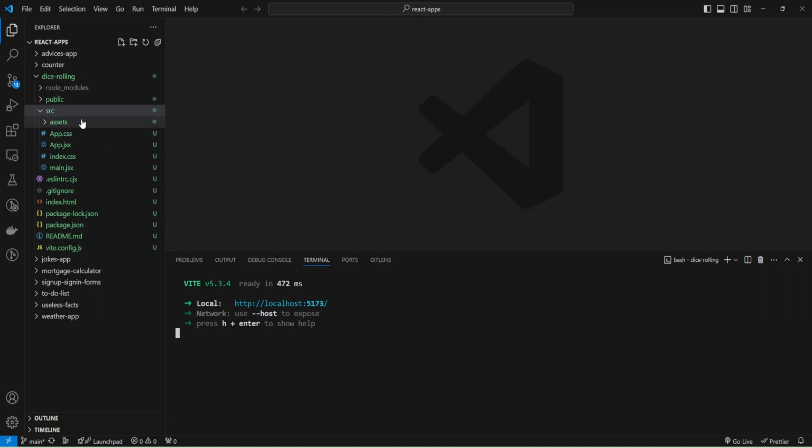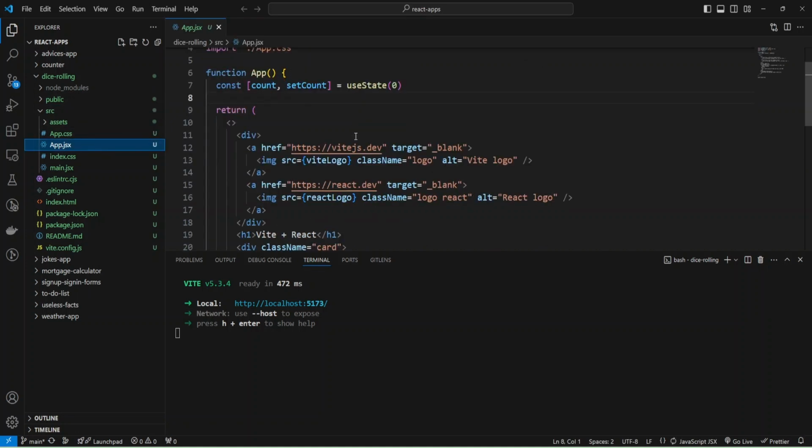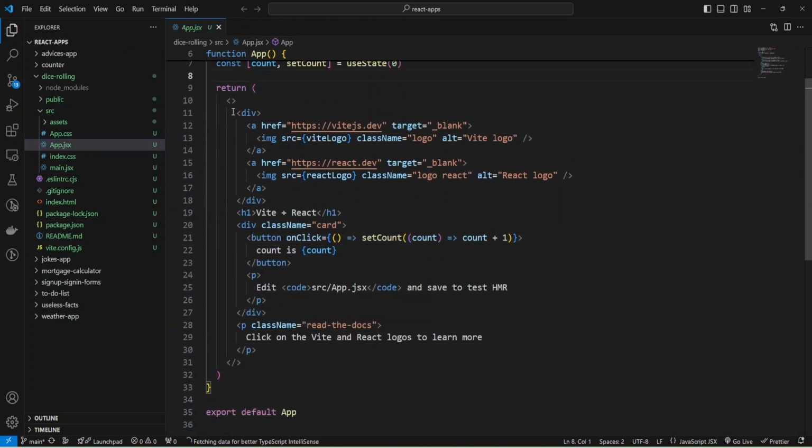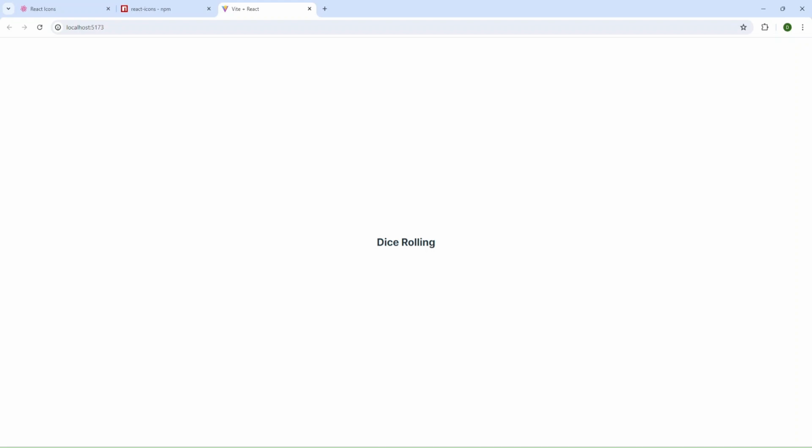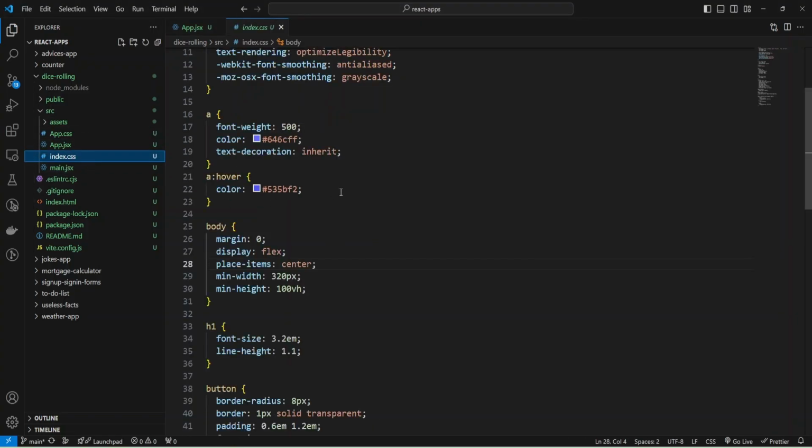And I'm going to open the source files and remove all this code. I can hide my terminal and remove all this code and place an h2 tag with Dice Rolling. Let's check. Okay, we have our h2 tag, and we can adjust styles.